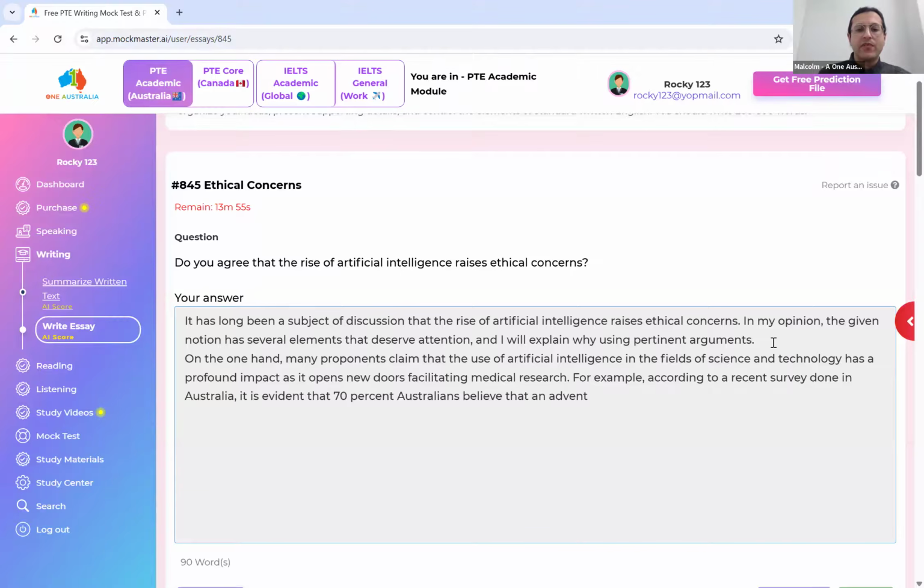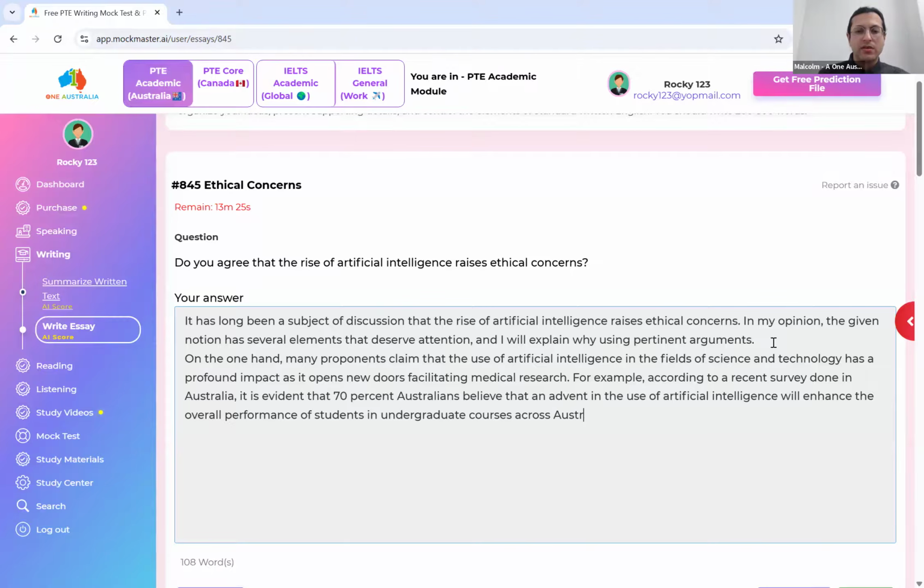That an advent in the use of artificial intelligence will enhance the overall performance of students in undergraduate courses